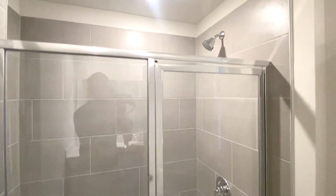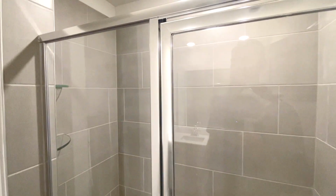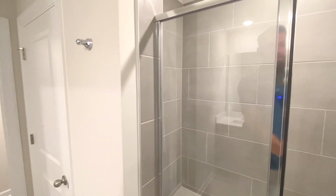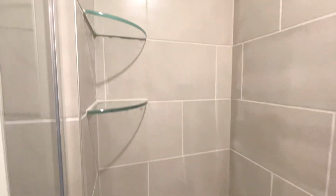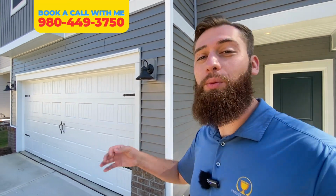And here is your shower with all the tile enclosure. You have a couple of glass built-in, I call them soap cubbies or soap racks. And then of course the bench. You always gotta have the shower bench. So that was the Edenton,